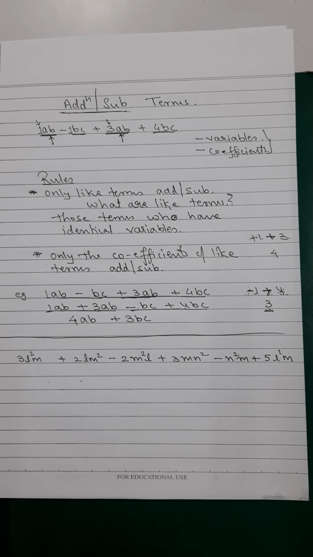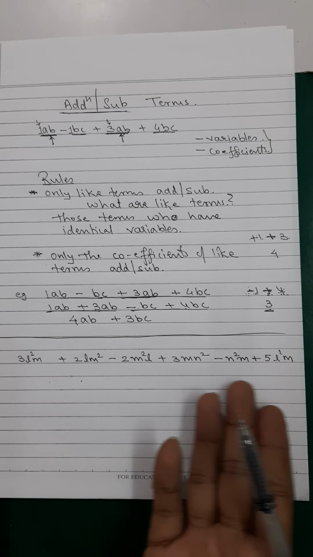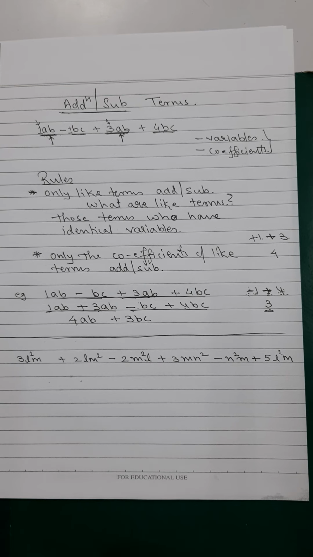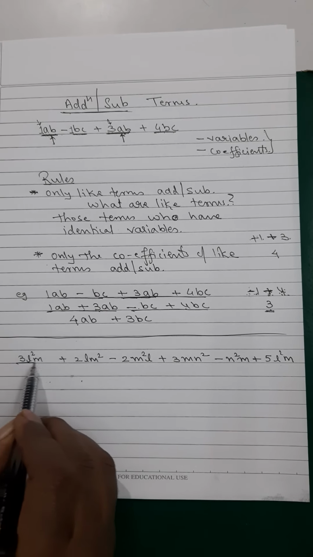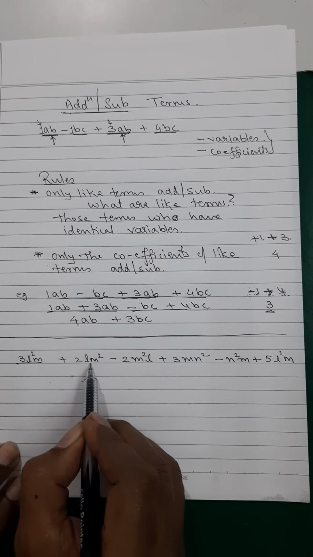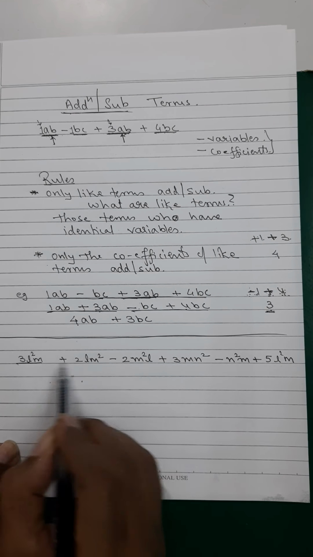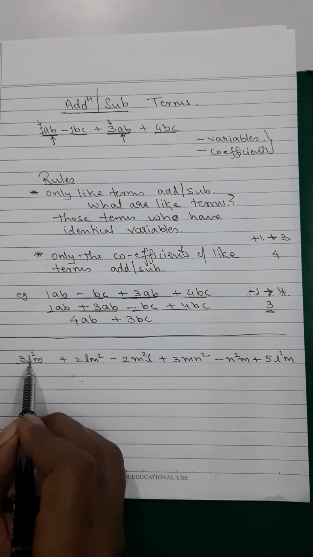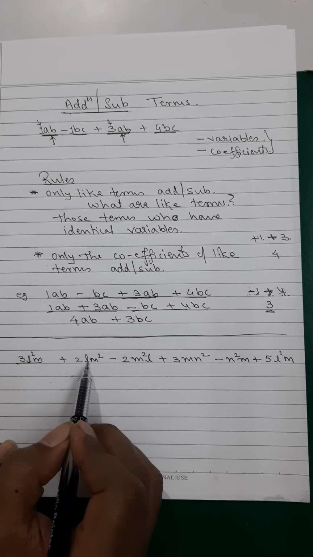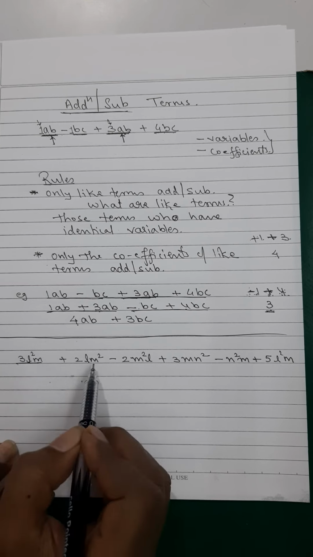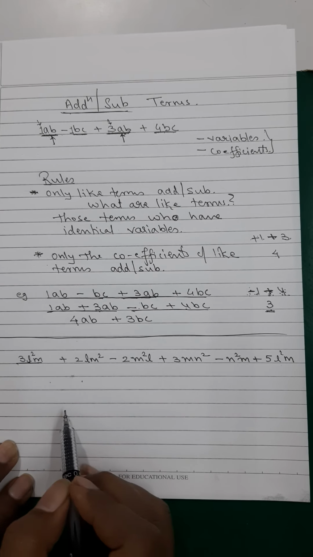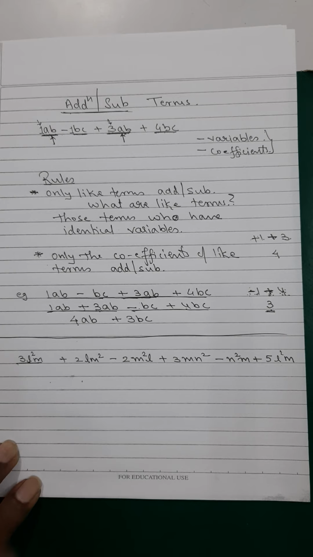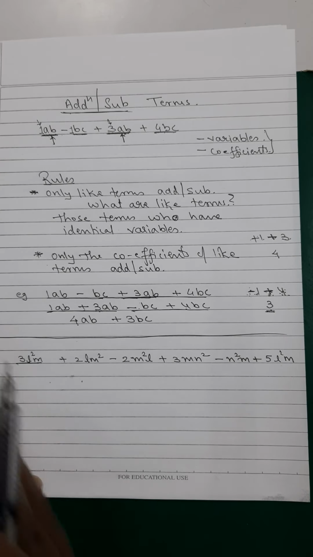Now if you consider here, first you will have to trace the like terms, because this expression is dealing only with addition and subtraction. So which are the like terms over here? 3l square m, and this is lm square. This is not a like term, because the power of l is square here and the power of l is 1 there, and m is 1 over here, so they are unlike. You will require another l square m or ml square.